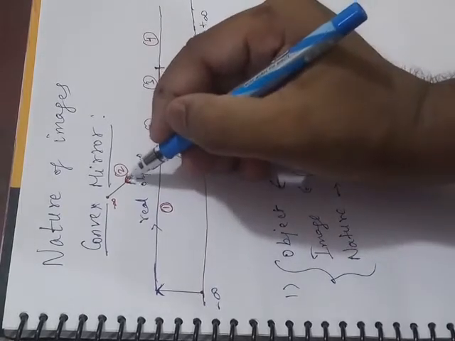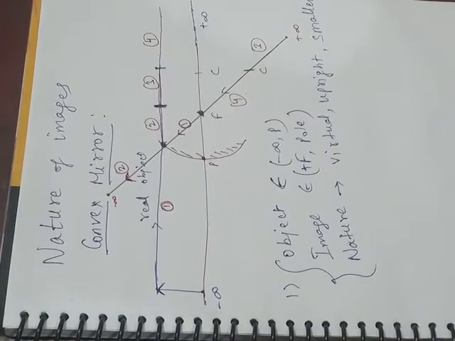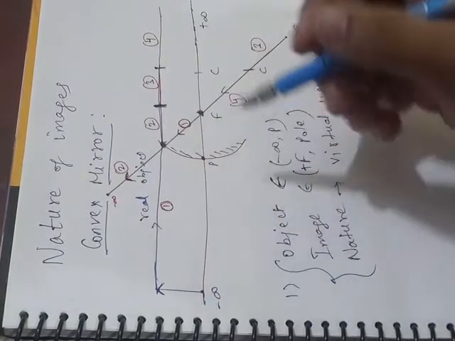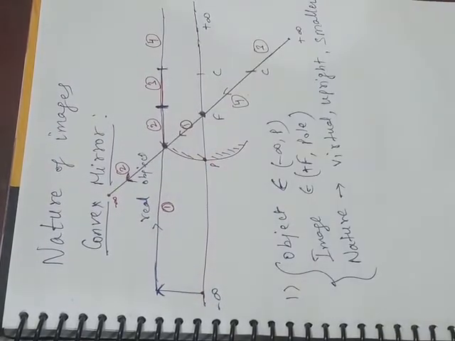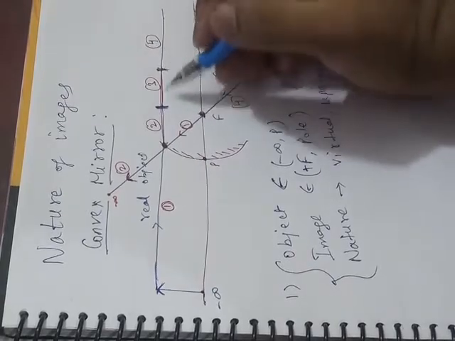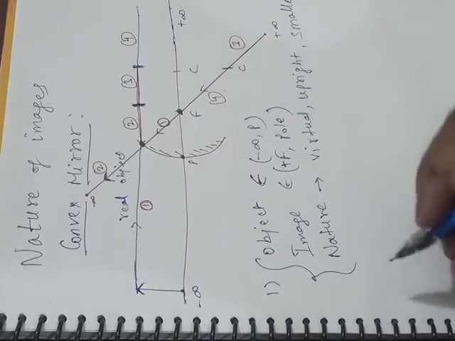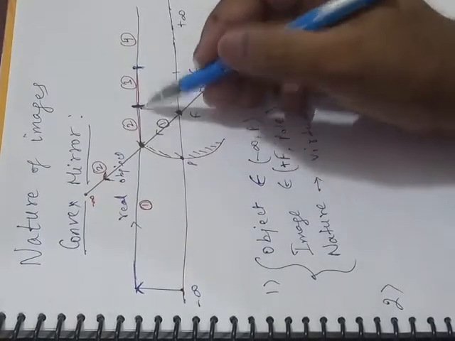So in 10th class they don't consider the virtual object cases. So in that case only it is true. What is true? A convex mirror always forms a virtual image for real objects. If you add this condition, then only it will be true. So in 10th class, we don't consider the virtual objects. Here we will see the complete portion, right? So the second region will be our pole to focus.